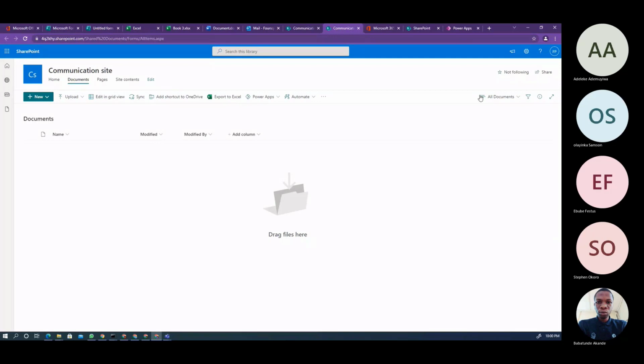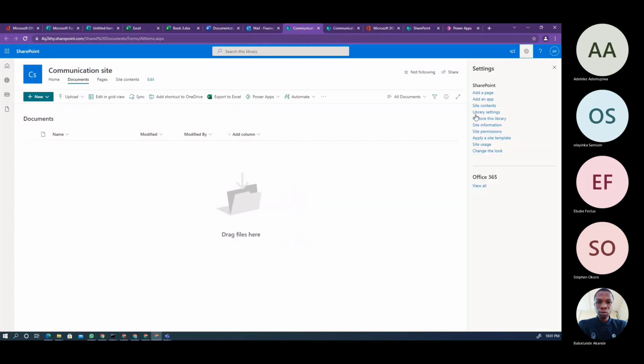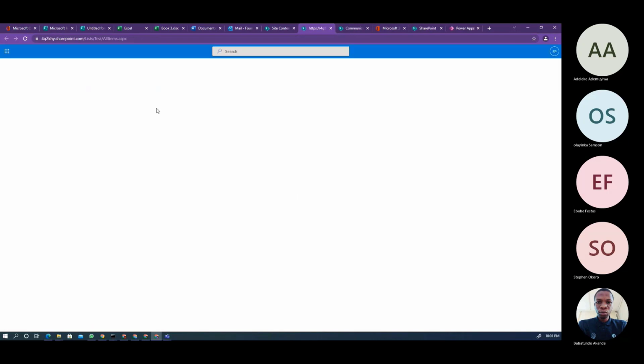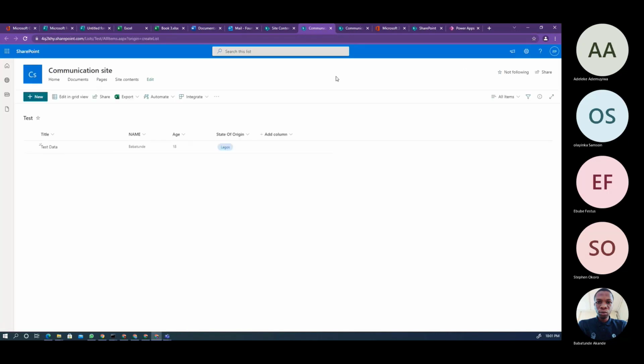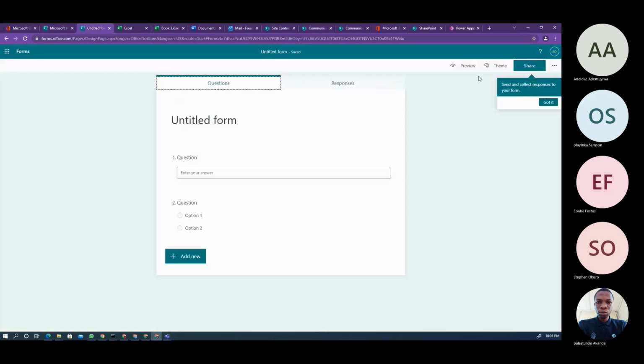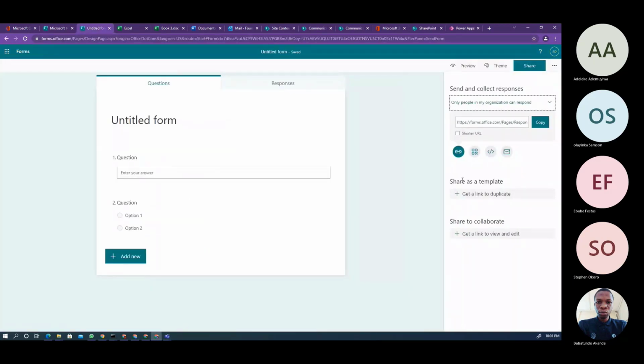You have to have an account, probably within this tenant, to be able to access those SharePoint lists, for example. So if I need people to fill in the information outside of this environment, I know everybody can always access Google Form. I can share this with anonymous users. So I can decide if only people within my organization should be able to respond, or anyone can respond. If I put anyone can respond, it means anybody that has the link can go to that